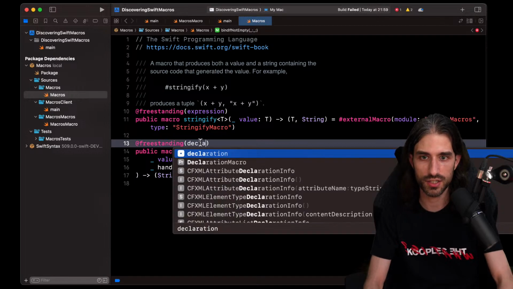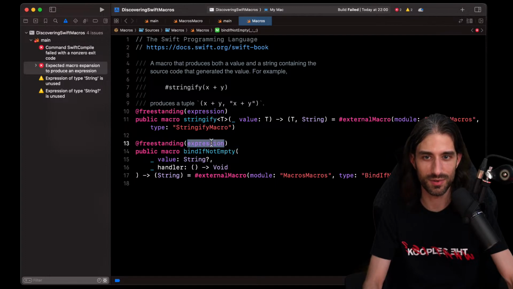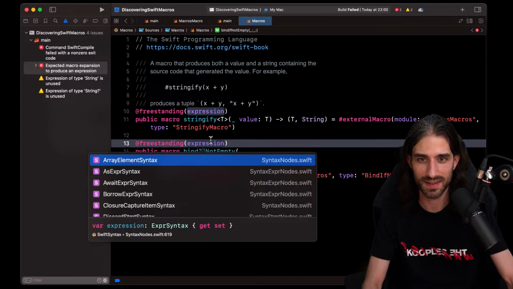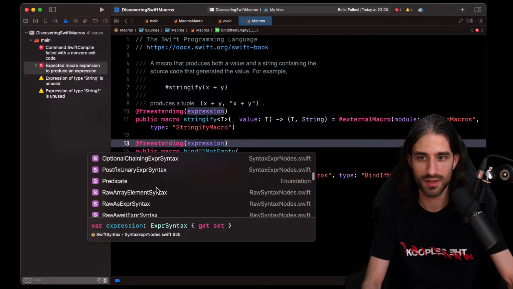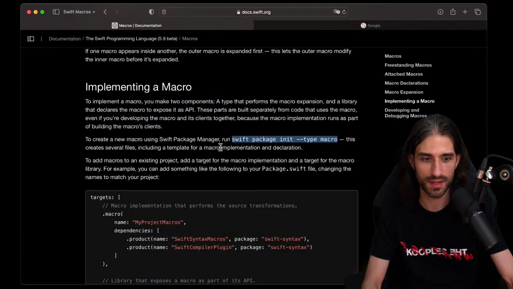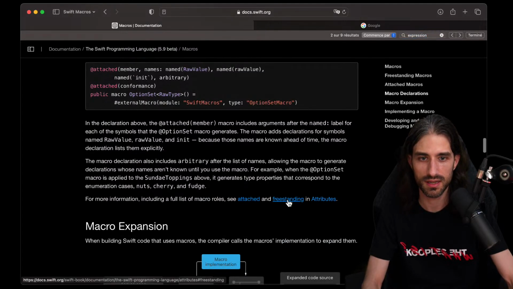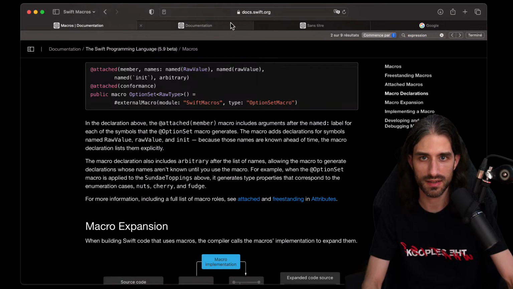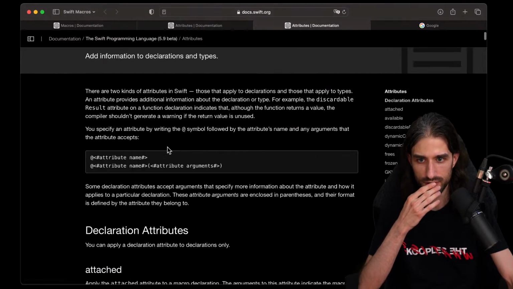You're saying declaration? Seems like it doesn't exist, but it seems like a good idea. But I would like to see how I find the source for this. Or, you know what? I'm going to go back to the freestanding expression, because they were listing all the potential things we can use.